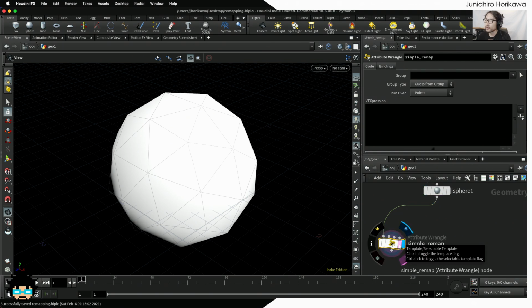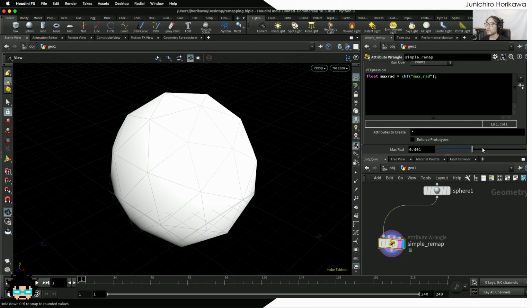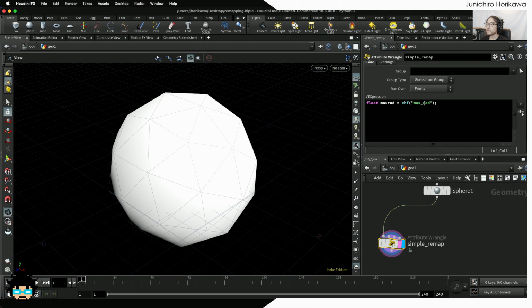And for this first exercise, I'm not going to use the fit function, but I'm going to try to show you just with the calculation. First of all, let's try to set a maximum radius for this sphere. I'm going to name the variable maxrad and create a parameter for it named maxrad. Okay, let's promote this one. Currently it's between 0 to 1. Let's change that later. Now I'm also going to create a parameter called scale,